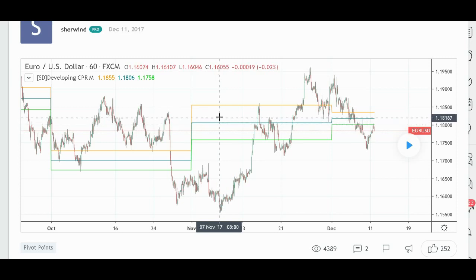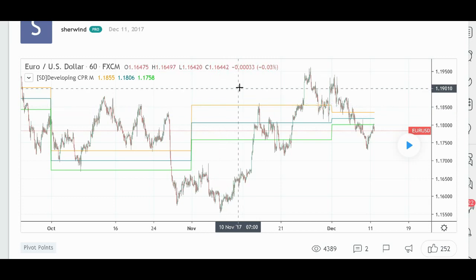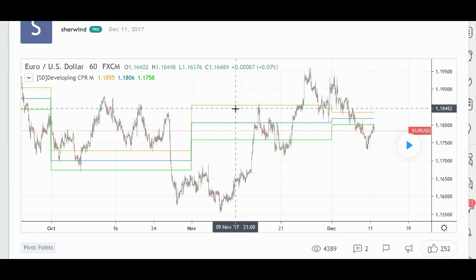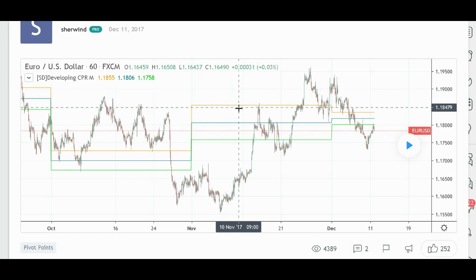And then if it keeps going with volume and momentum above that, then your next price target might be the top line here. Or if you're shorting, the other way around, if the price falls hard and fast and with heavy volume below this upper line here, then you might take a short position.